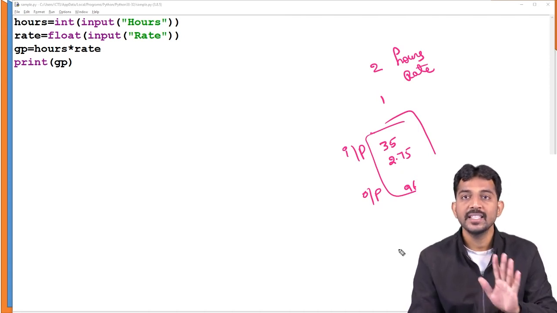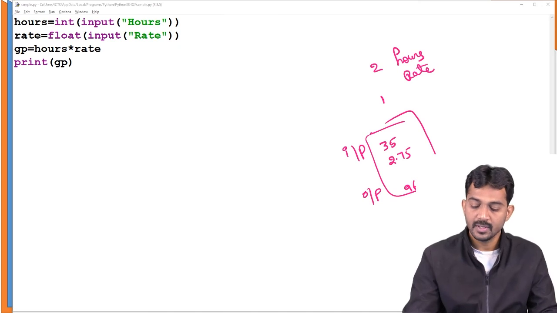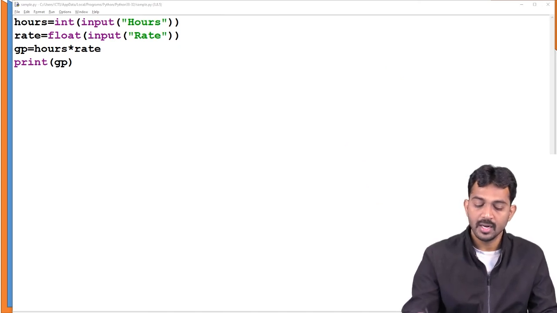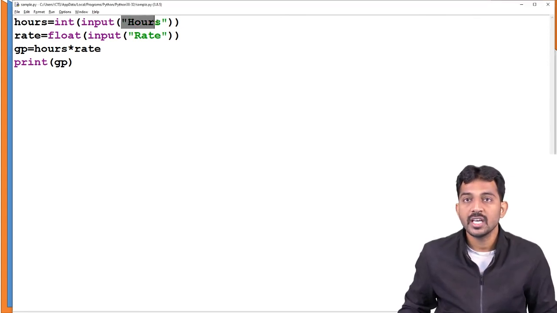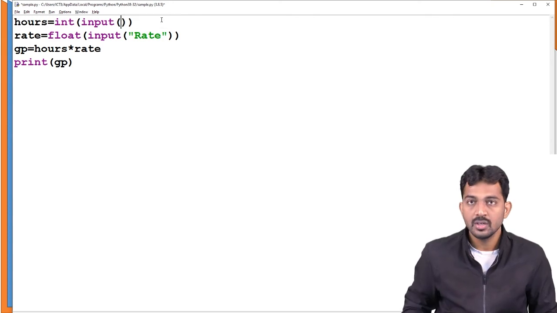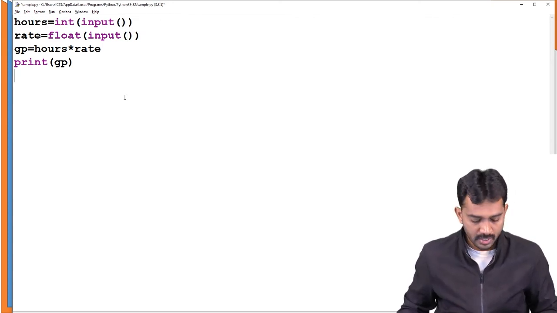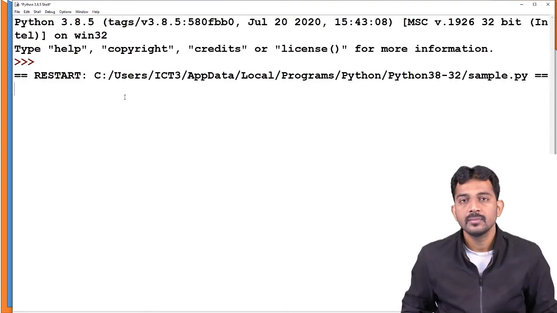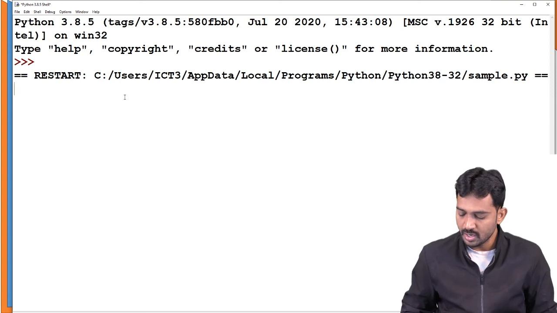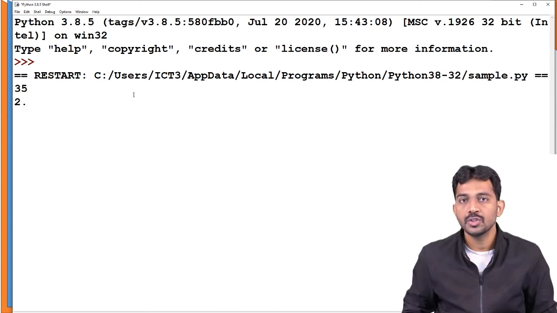We didn't print anything like hours. If you experience that case, please don't use these hours prompts. Simply give 35 as the input and then 2.75.